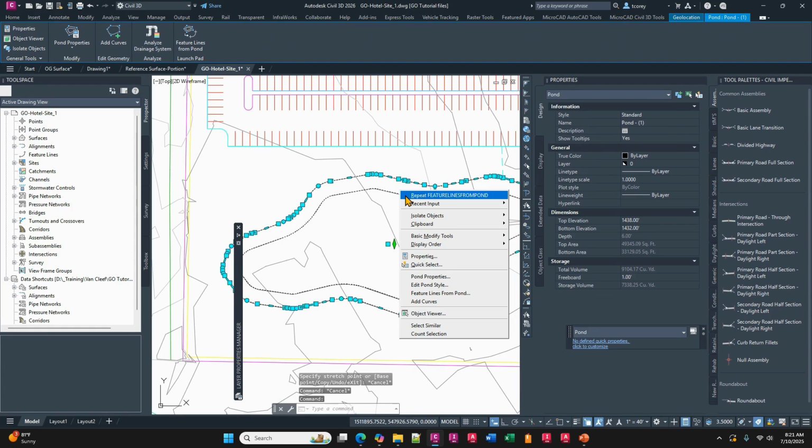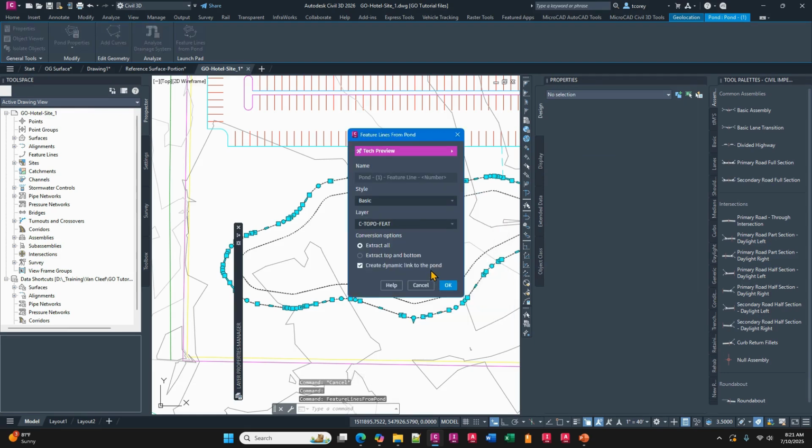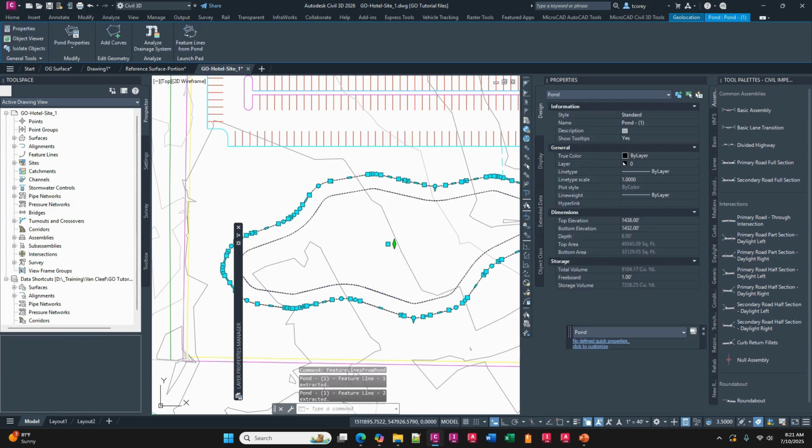All right, so let's extract those feature lines. Okay, style, yep. Now if I do a dynamic link to the pond, then my final surface can update as I continue to tweak the pond. Okay. And I'm good to go. Okay. So now I have